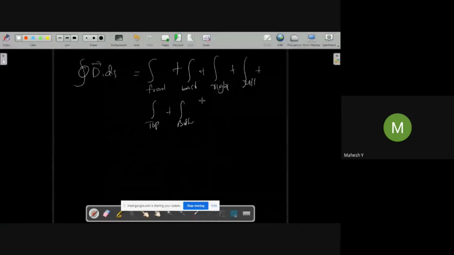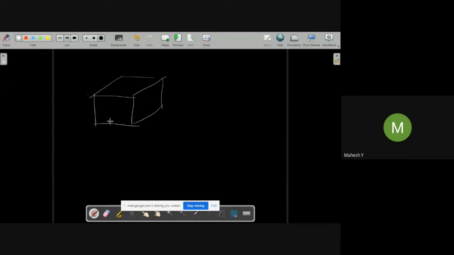Now what we are going to do is D front dot dS should be done, right? Similarly here D back dot dS, D right dot dS, and so on. Okay, now let us consider the front surface alone. So in the cube, I'm drawing it bigger, but it is a very small element. Differential volume element means very small. The lengths in x, y, z, everything will be very small. So this is dx, this is dy, this is dz. Okay, I'm taking the front surface now. This surface.